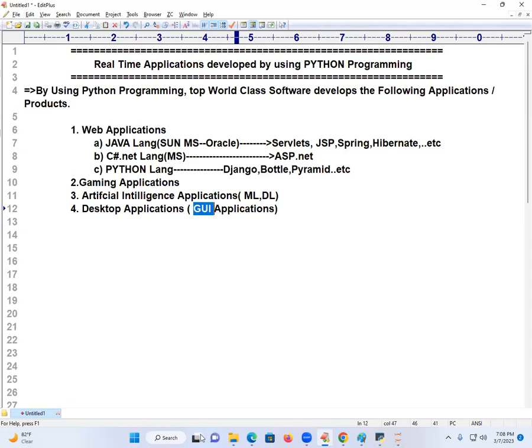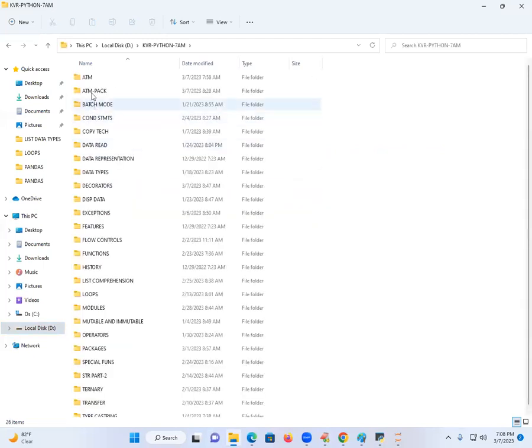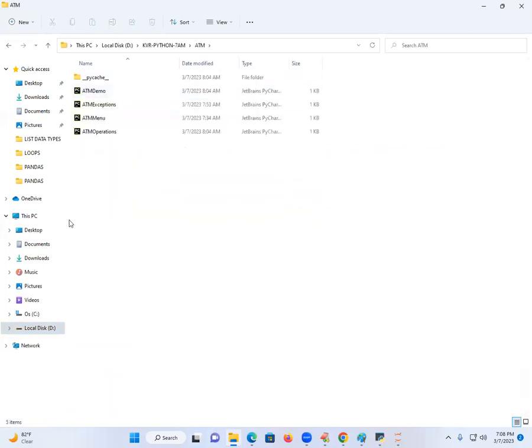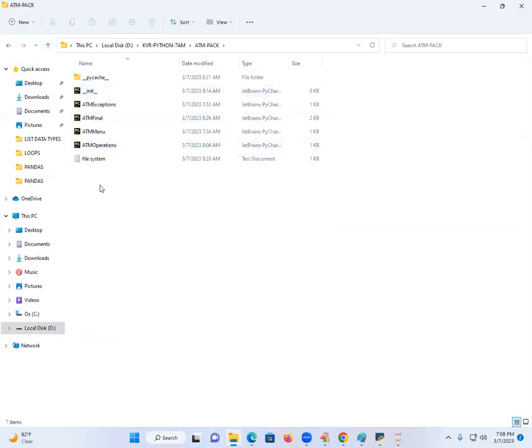Even today morning I explained this in the 7 AM batch. There is an ATM application. I will run this class once for you in the demo sessions. I'll show you the ATM, how to give it to people worldwide, the file system, how to prepare it. Why am I showing all these things? By mistake, if you miss my class, at least you will expect the same thing from another place. Somewhere else, Python in 20 days, and on the 21st day you want to become a software engineer wearing some card and go to a company. Impossible.